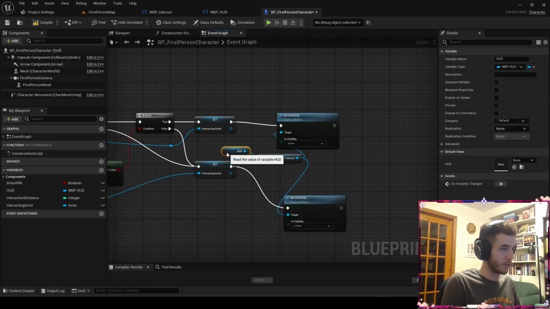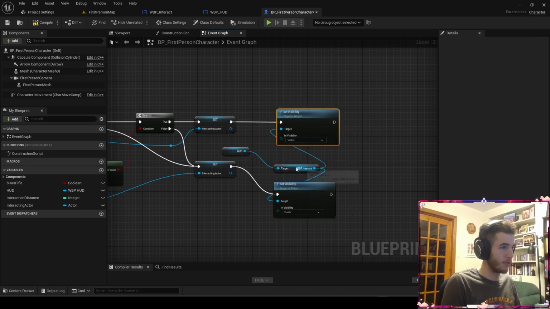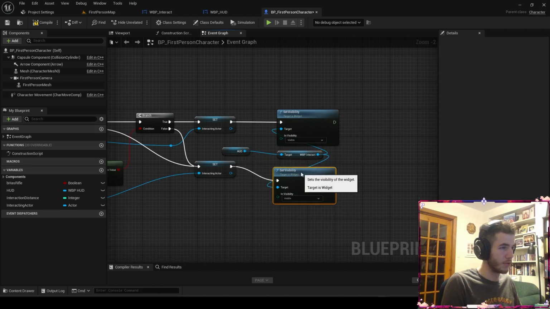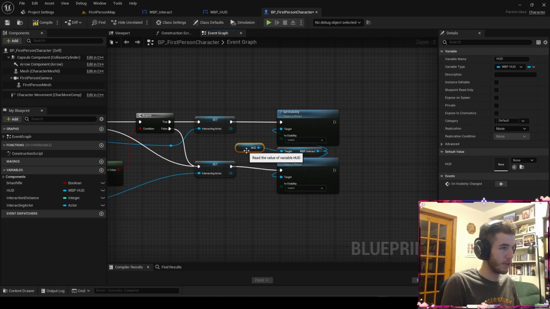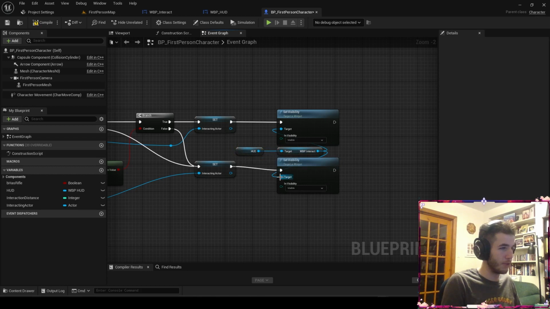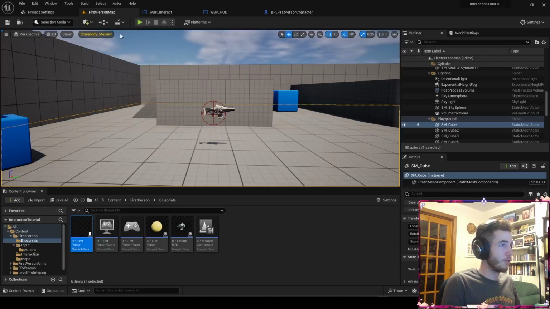Oh gosh, this looks messy. Yuck. Okay, actually it's not too bad. Let's do this. Sandwich this one, we'll put that one there. Hopefully you kind of see what's going on here. We're connecting stuff together. And basically this is going to set one so that the UI is visible, and one where the UI is not visible. So this one's going to be hidden. We're going to compile, save, and now we need